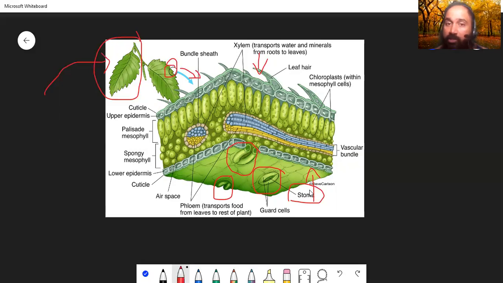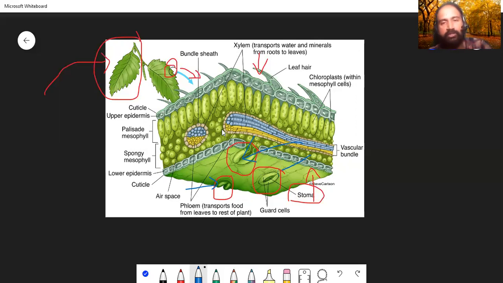Now, you understand where the stomata is present, right? Stomata is a leaf structure. Stomata is present on the lower surface as well as the upper surface, but more on the lower surface. It is not completely absent in the upper surface. Stomata is like an opening, like a gate, towards the inner part of the leaf. Today we are going to learn about the structure of stomata.